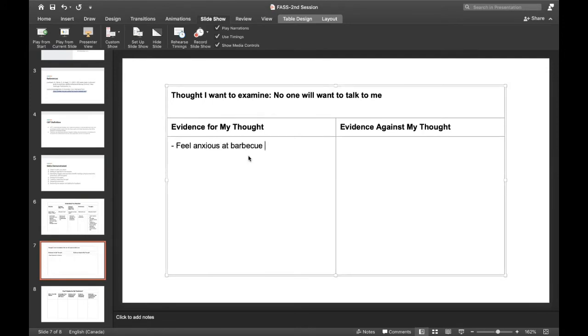Okay. I hear that you'll feel anxious, but I wonder if there are any facts that support your belief that no one will want to talk to you. What do you mean by this? If I wanted to prove that no one would want to talk to you, I would have to back up my opinion with facts. For example, if you were in a court of law, the judge would look only at the facts. Does that make sense to you?